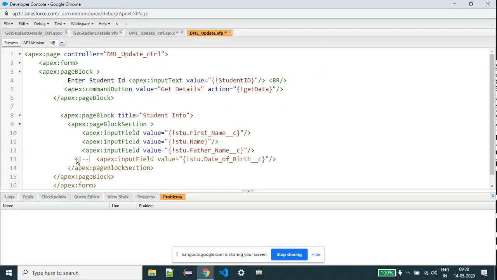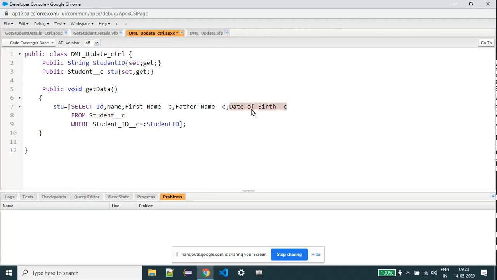Like this, we can hide lines that we don't want considered as code. It is just blank, not considered as code. So now I am adding the date of birth field here, but I am not using that date of birth field at the Visualforce page level.